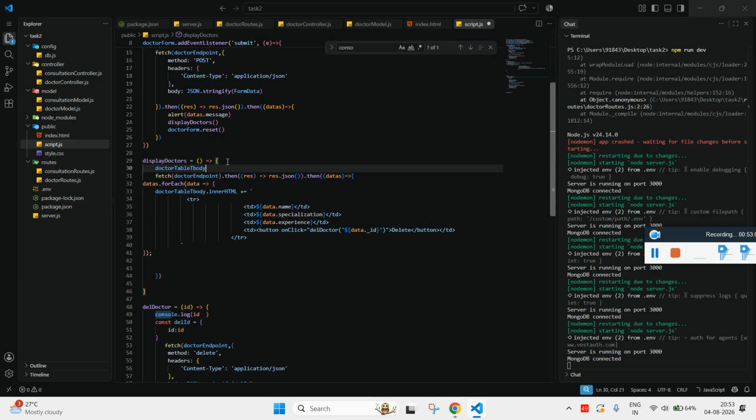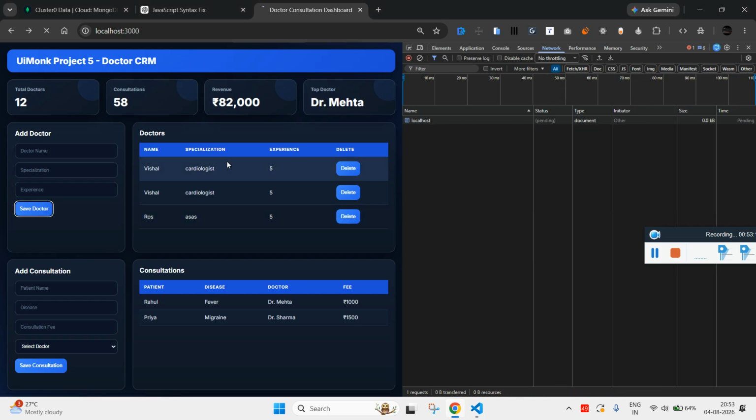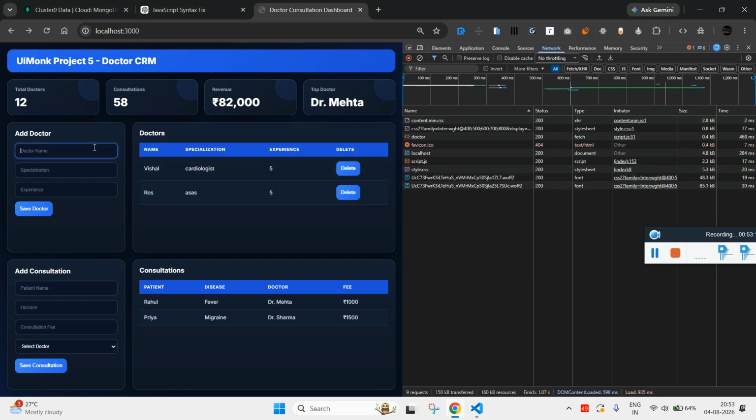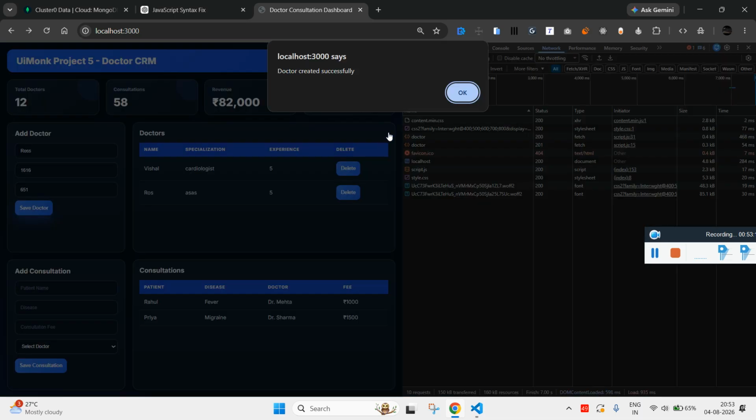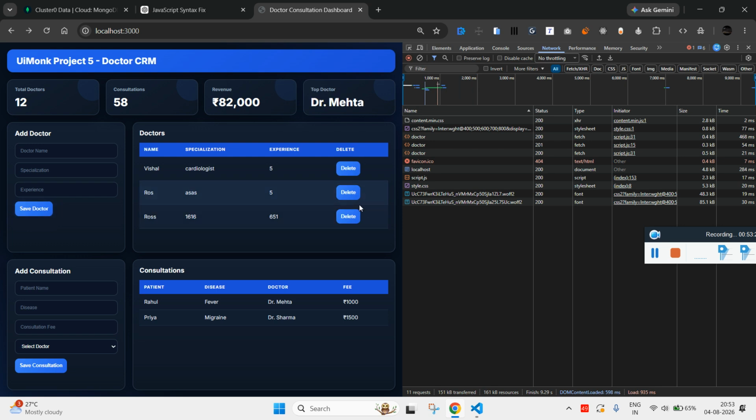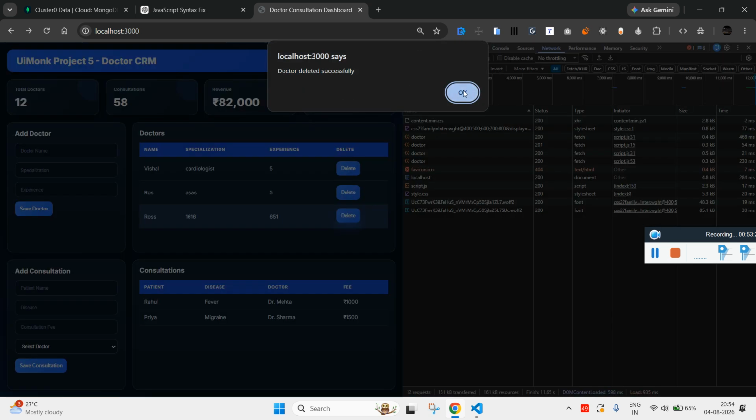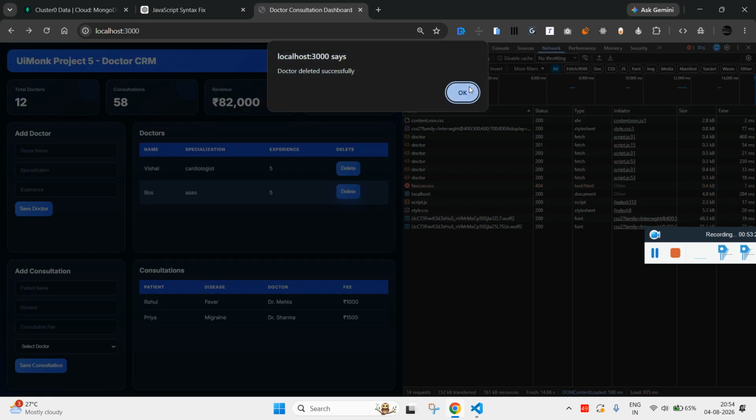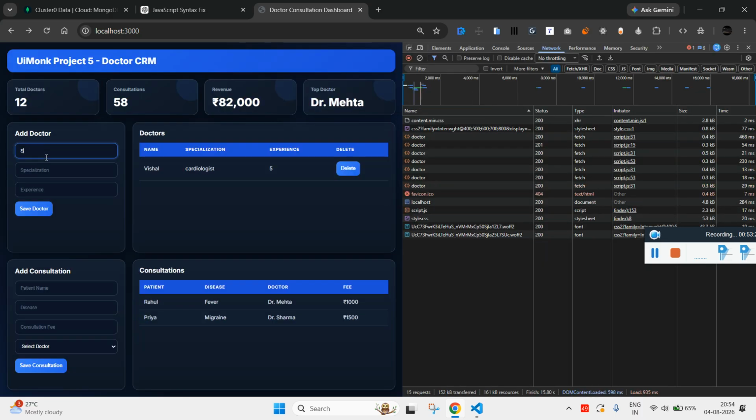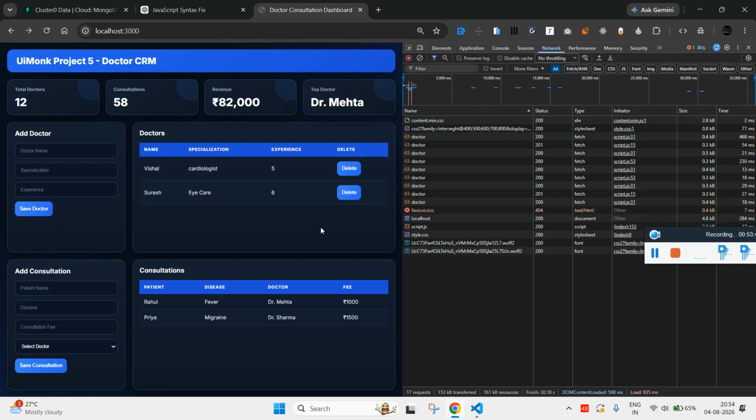In the script tag there is an issue, so whenever we call this, make sure we clear it first and then display it. See, now again some random name and experience, it got added. Now let me delete this. It's gone. So let's add one more doctor, which is Suresh, and the specialization is eye care. Experience 6. Click on save,